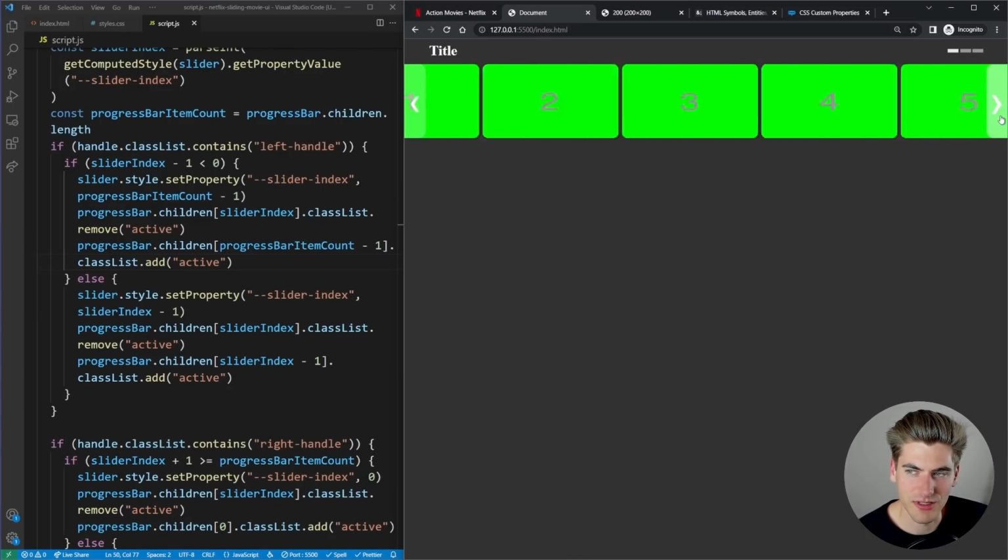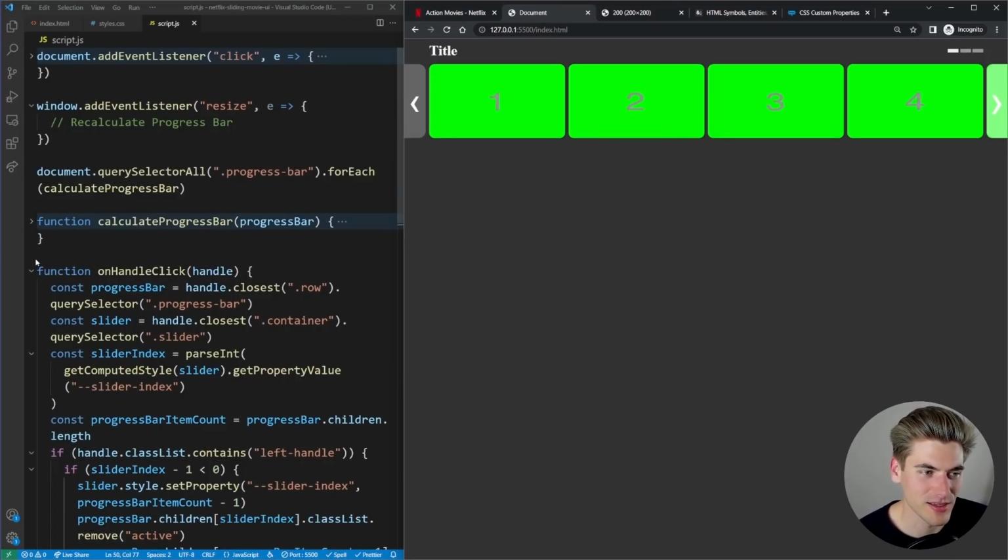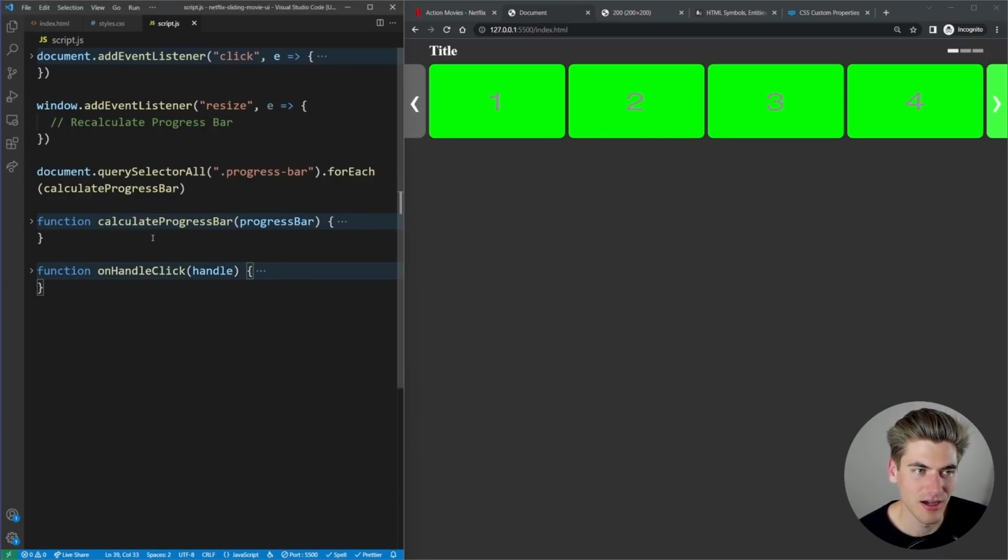That's definitely one really easy way to get around the issue. And this is how I believe other sites like Amazon Prime do it. I know a lot of other sites do it this way because, as you can see, the code is way easier to implement it this way. Let's do this recalculating in the progress bar real quick.